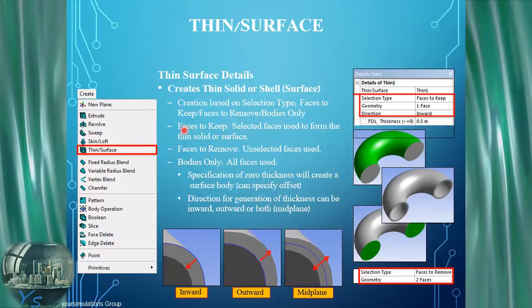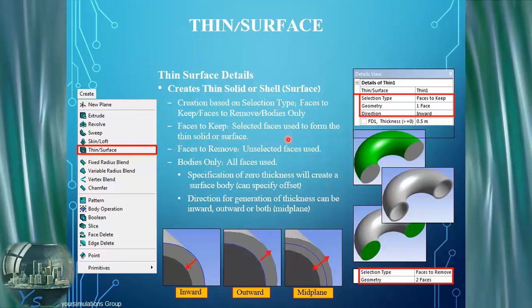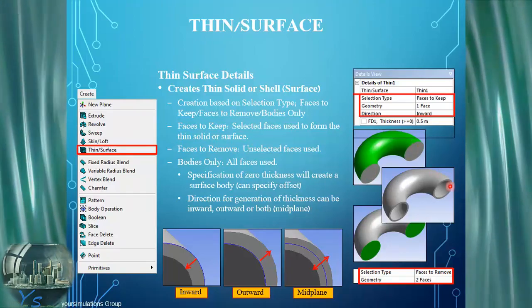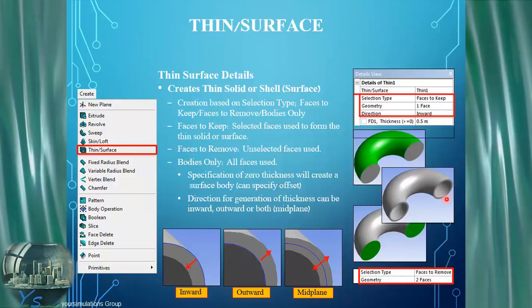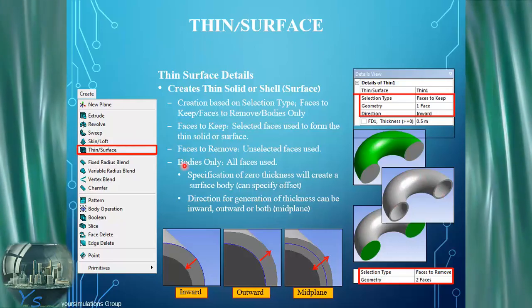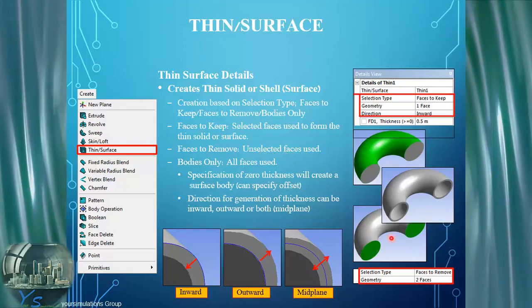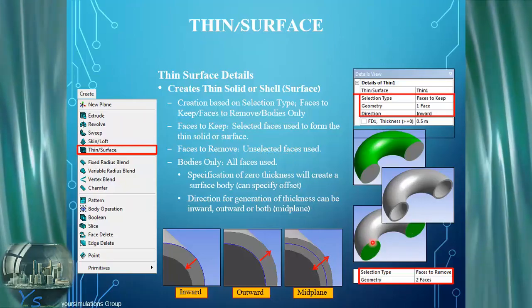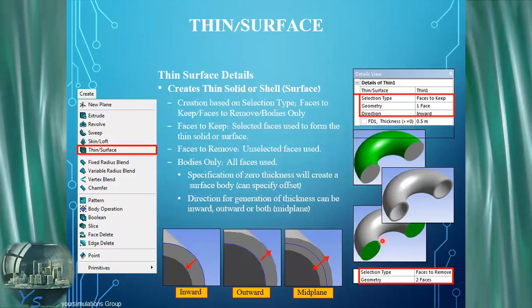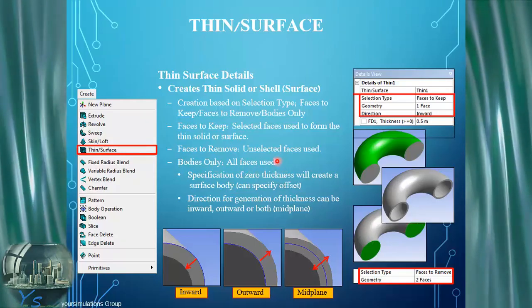So for faces to keep, we'll use the selected faces to form that thin region. For example, we've selected this face, and we choose faces to keep, and it will generate the thickness using that particular face. We could use faces to remove, so unselected faces are then used for that operation. In this particular case, these faces are going to be the faces to remove. We can also select bodies only, and all faces that make up the bodies will be used in order to